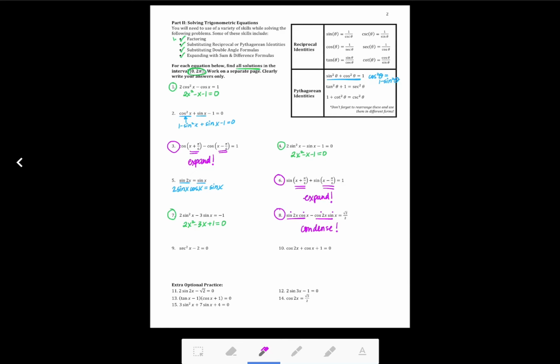So hopefully I've given you some hints to get started on these. Again, you don't need to show your work on this page. I just want to see your solutions. So come to office hours for some